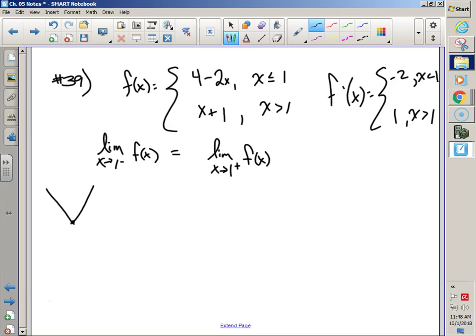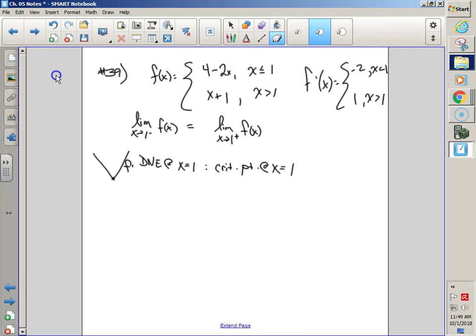But we needed to know it was continuous first of all. Well, and I guess we did know that it existed at 1 anyway. But the derivative does not exist at x equals 1, so therefore there's a critical point. Not a stationary point, but there is a critical point at x equals 1, which means we need to think about